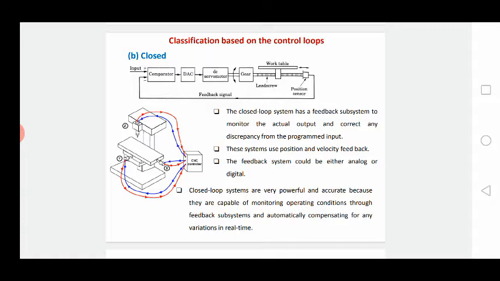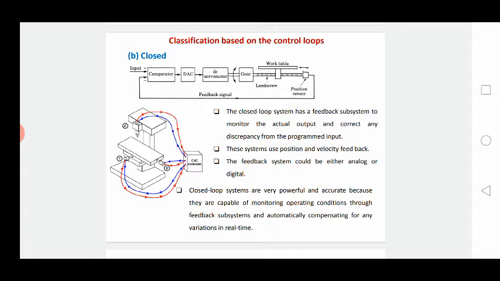It will take the readings and give the feedback to the comparator. The comparator will compare the input given with the actual work going on, the data given by the sensors, and if any change is needed, that will be given further to the DAC, and that will again be fed to the servo motors, and in turn the gears will be actuated. So like this we have a closed loop control system for the working of the CNC machines.